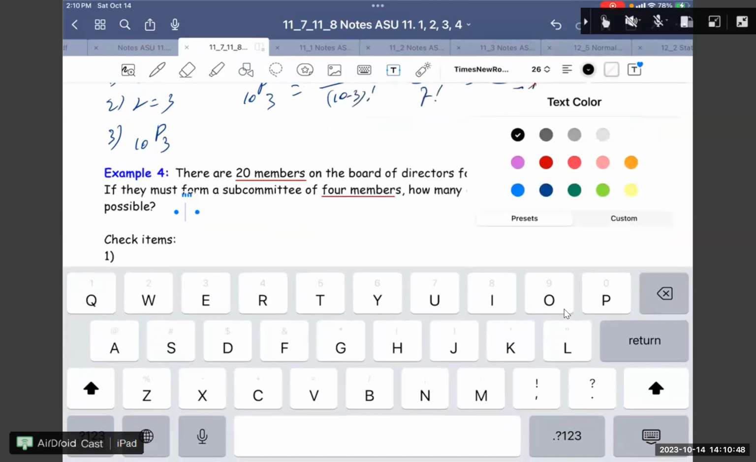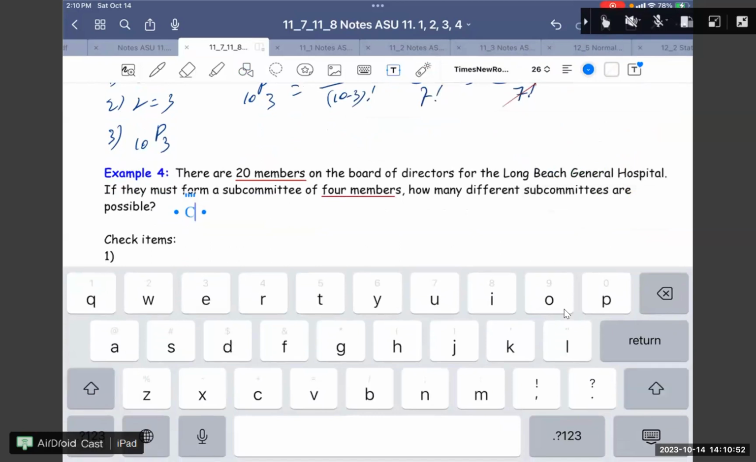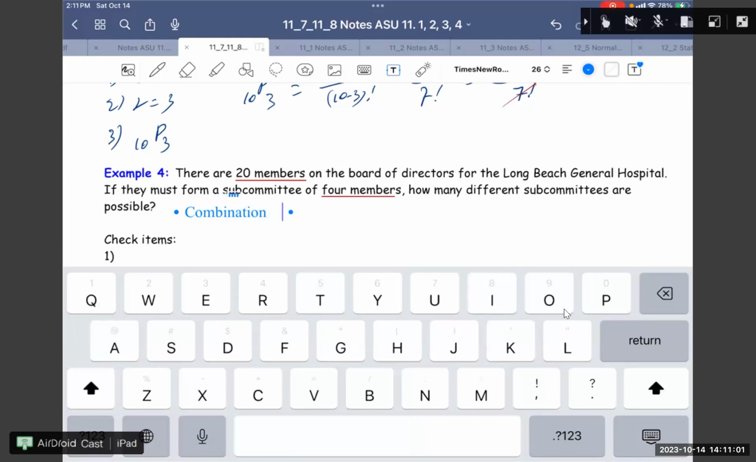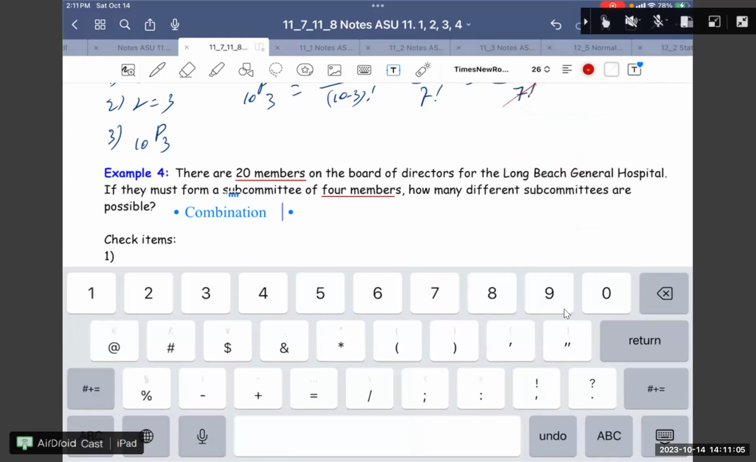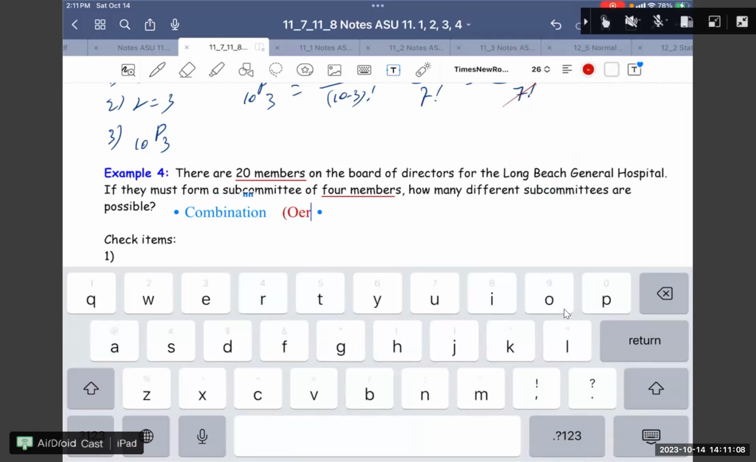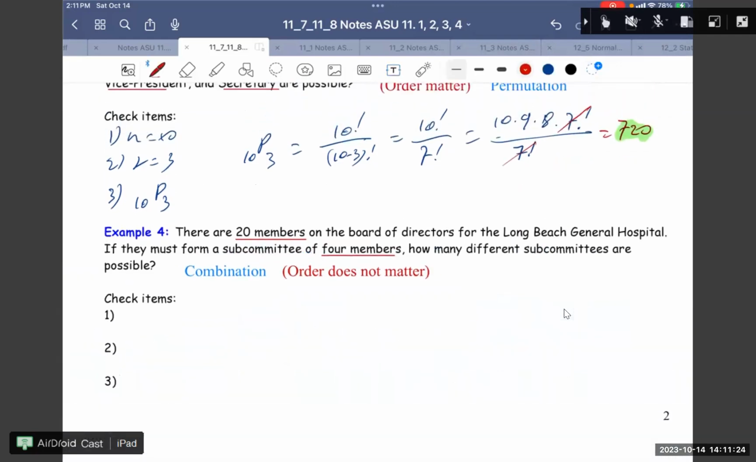So if the order does not matter, we have a combination. If it is a combination, the order does not matter. So for this one, n equals 20, r equals 4, and it is a combination,